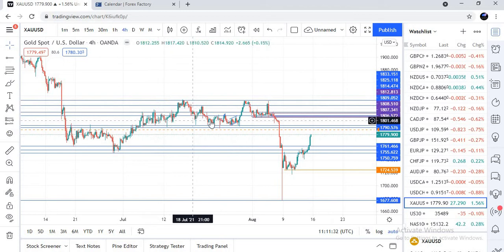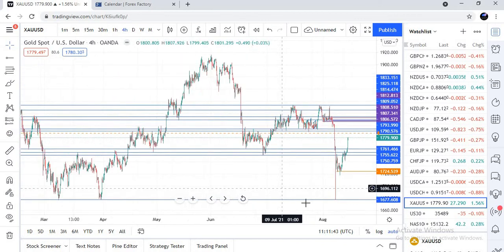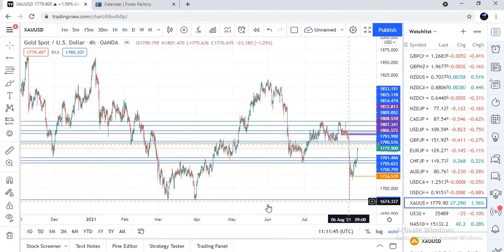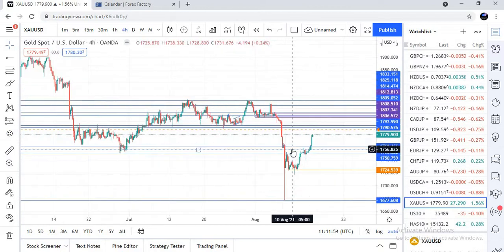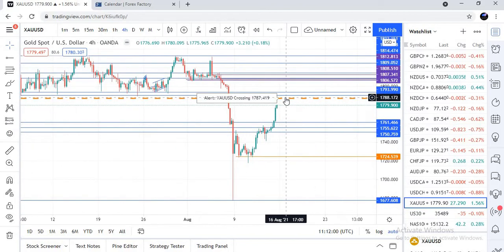continue moving around this region where it is, because the NFP news is what took it down, and I think there was some manipulation in the market that brought it to this support level. And as you can see, this support level is a respected previous support level. So gold is a pair that really respects its levels. So for this week, we're going to be watching if the market is going to respect this level.